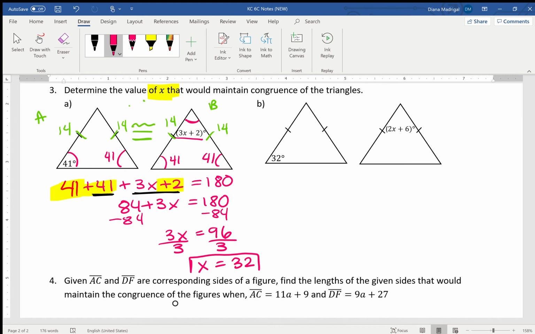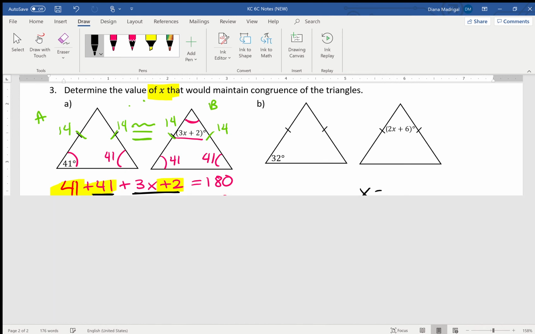Okay, you do the same thing for question number 3. You should stop the video and try question B by yourself. Once you solve for x, it should be